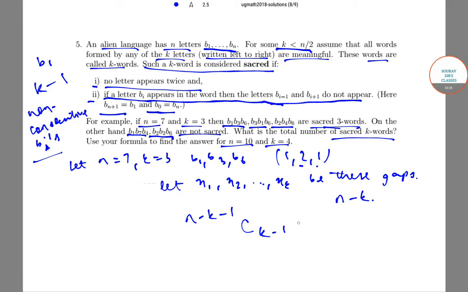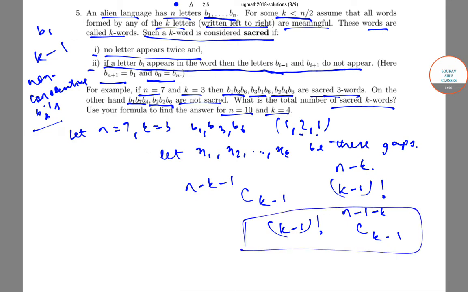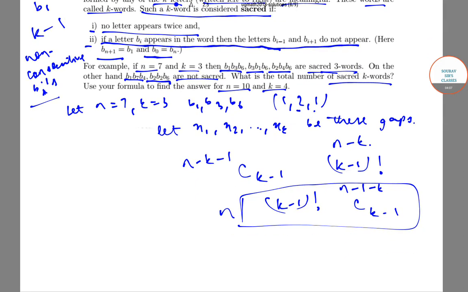However, note that we haven't assigned positions to these letters yet. This can be done in k minus 1 factorial ways. Hence, the answer is k minus 1 factorial into n minus k minus 1 choose k minus 1. In order to count the number of sacred words, we just need to multiply the above number by n. So the final answer is